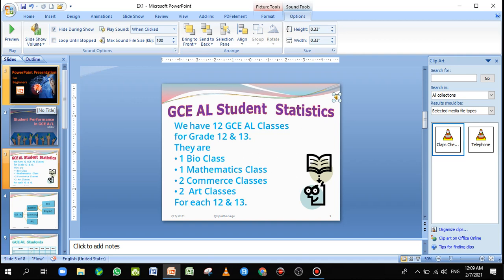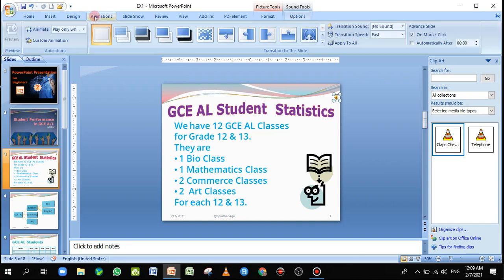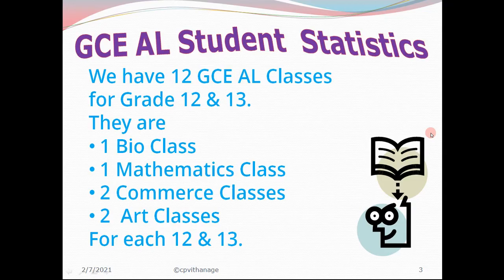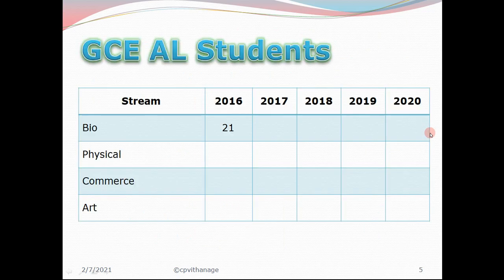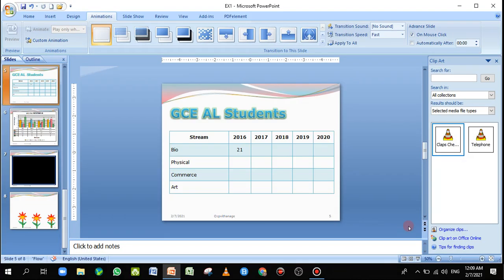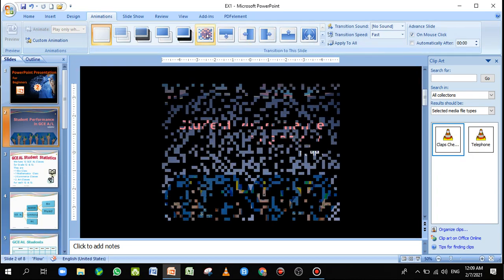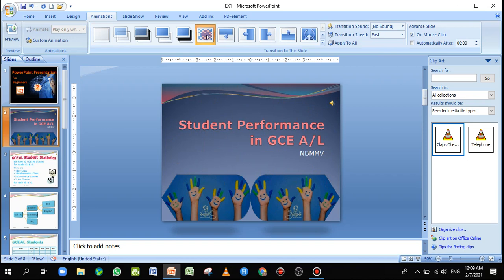Before custom animation, I am going to show you some slide transitions. Now here you can see under animations, the custom animation and the slide transition are there. Slide transitions means when you move from one slide to the other one, how the slide transition is done. Now you can see I'm just clicking and going to the next slide. Nothing is happening, but just the next slide is coming. So here I can give how it comes, right? What is the